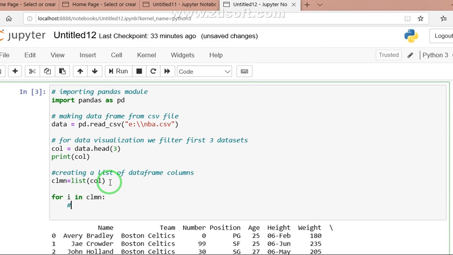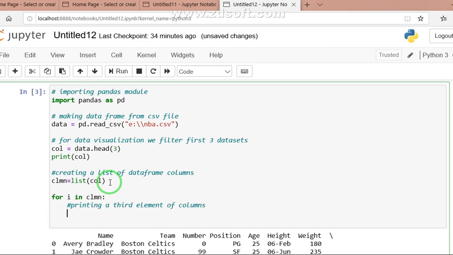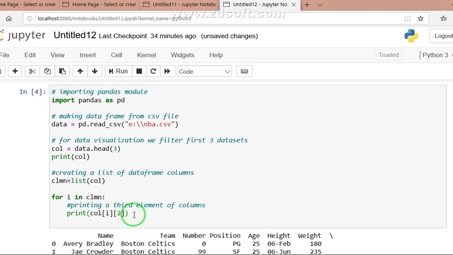So I will give a message here printing again the third element of columns. So how will this be done? To display the result, we use the print function. Keyword here is now column i, and the same way that we have represented in the above one. So now to execute this one, shift enter.